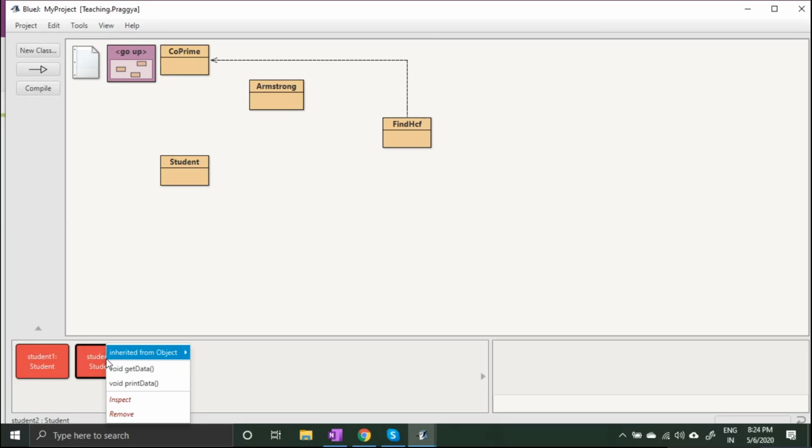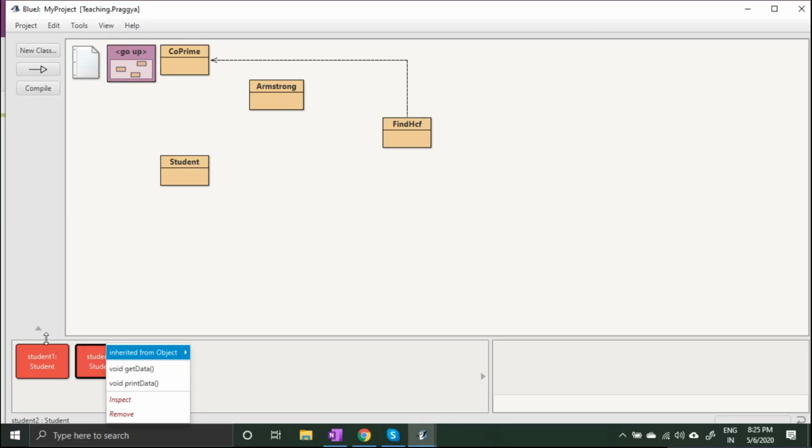So that code is universal for millions of objects you create. This is a very good example of code reusability because it is working for every object. A student asks, what is the difference between get data and print data? Get data takes inputs and print data outputs the data stored inside the student.